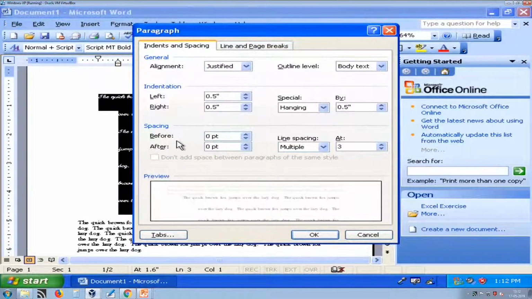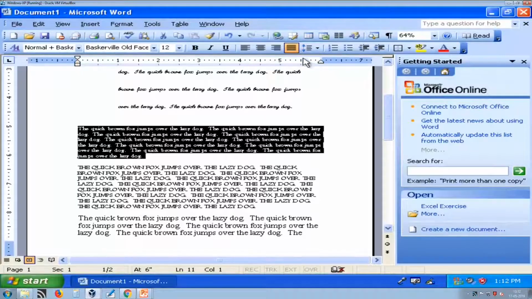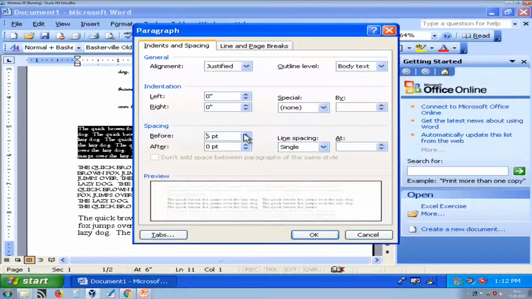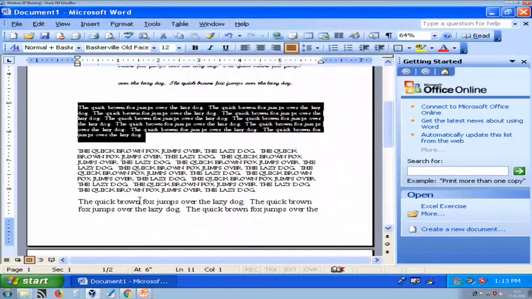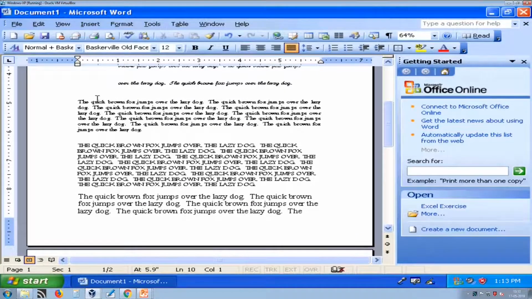Now, here you can also decide how to apply space between paragraphs. For that you have to select text, go to more. Here I am leaving space. You can see in the preview also how it will affect your paragraph text. Here we are leaving 6 point before and 12 point afterwards. So, here you can see that before we have 6 and after we have 12 points of spacing.